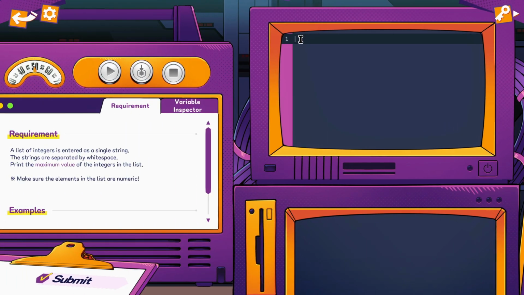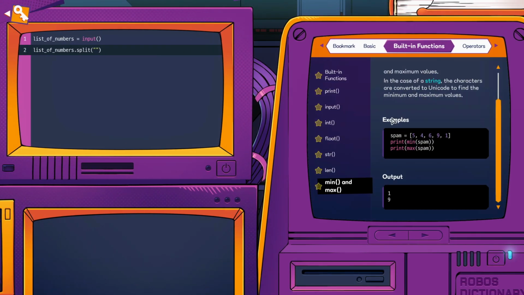So we have a list of numbers as an input, and I can say, okay, a list of numbers split like this, but this will be a list of strings, not of integers, and I want to know if I can